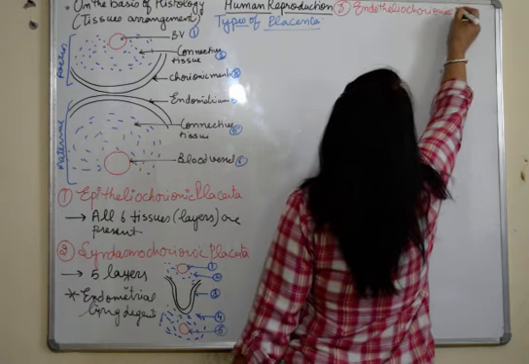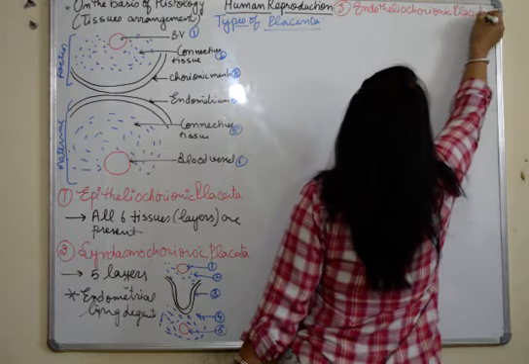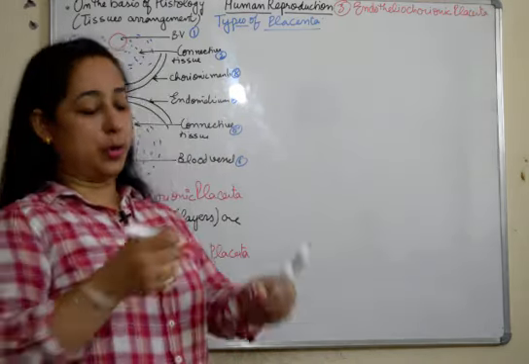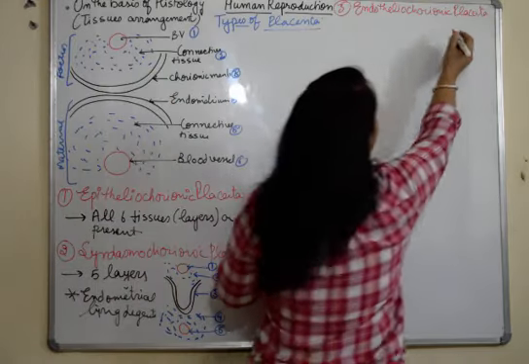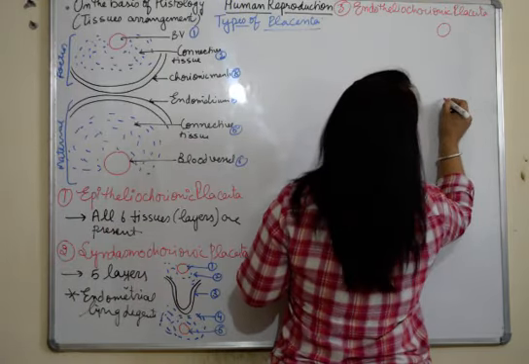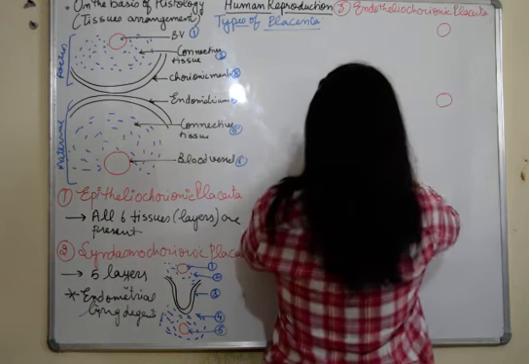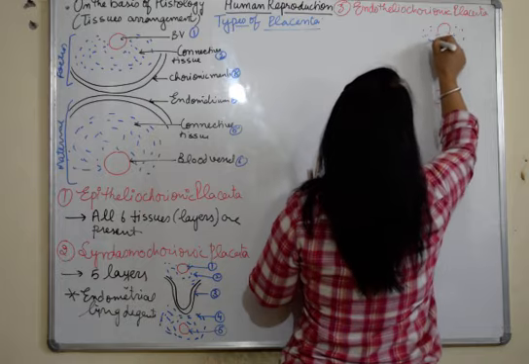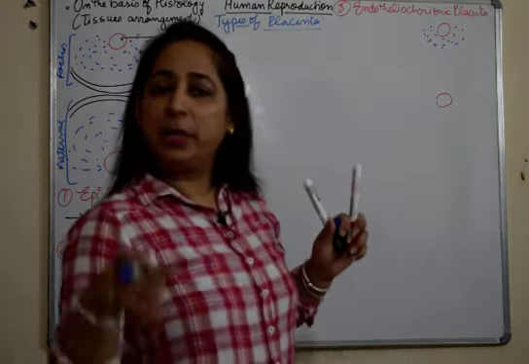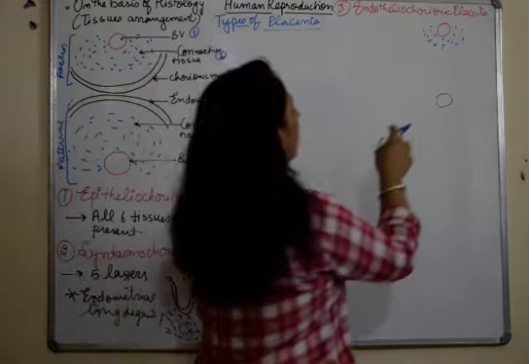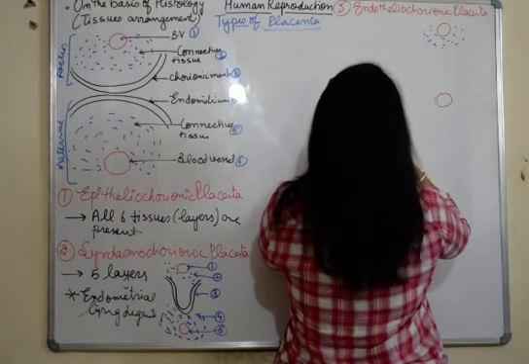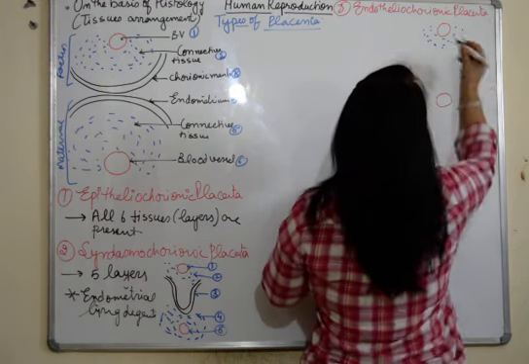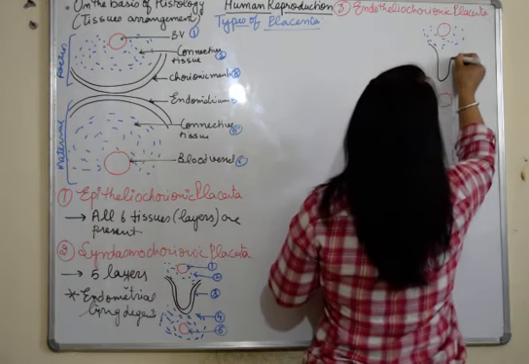endotheliochorionic placenta. Now in endotheliochorionic placenta, the connective tissue is going to get lost. So we'll make the structure here: blood vessel, fetal and maternal. Herein we have connective tissue. Obviously the fetal layers are going to remain, because we are talking about the embedding or the reaching of the villi in the wall of the, or you can say in the female's blood or the maternal blood.